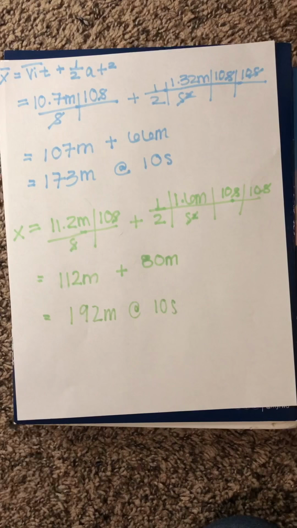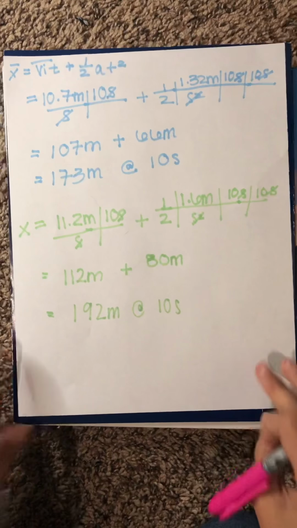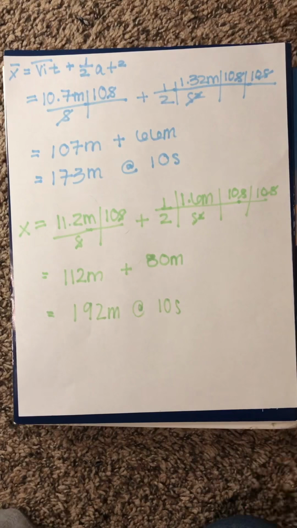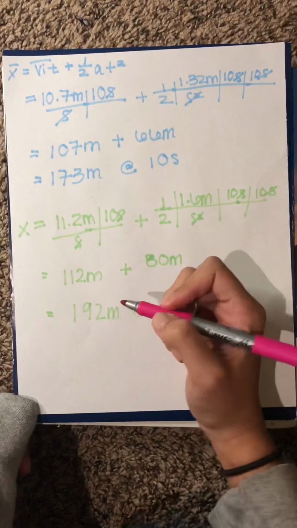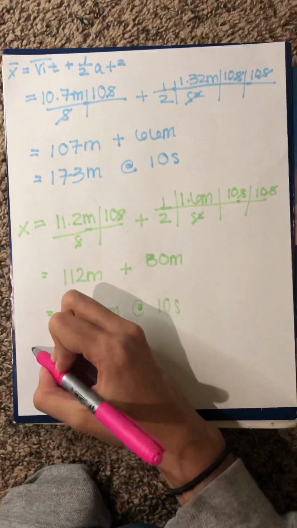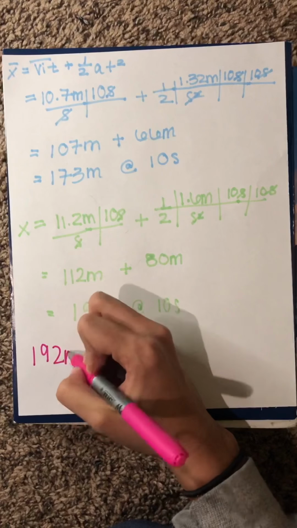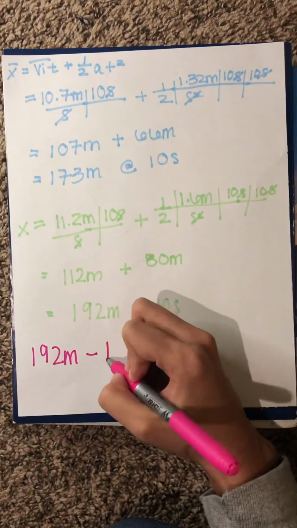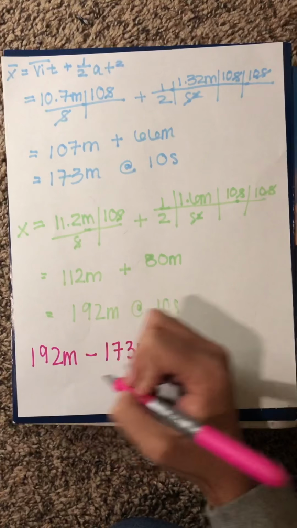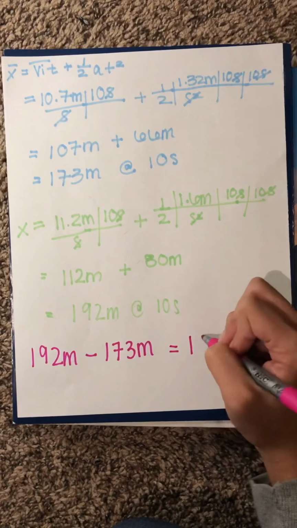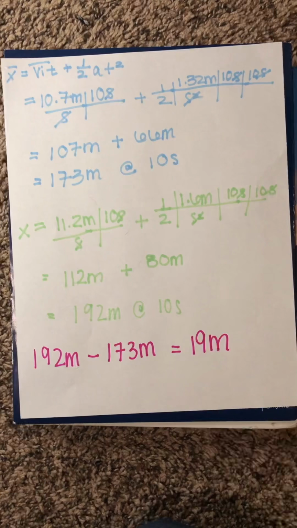With all this information that we have gathered, we can now find the difference in distance between go-kart number 1 and go-kart number 2 at 10 seconds. We take go-kart number 2's total displacement of 192 meters minus the 173 meters of go-kart number 1, and we get a difference of 19 meters. Just as a recap for the final answer, we found